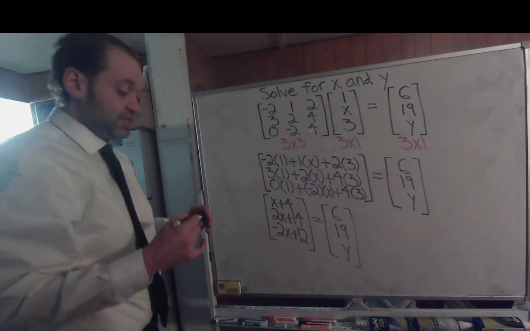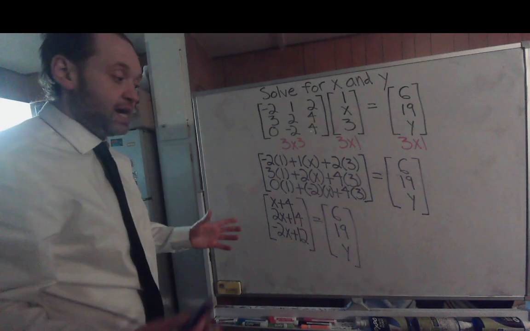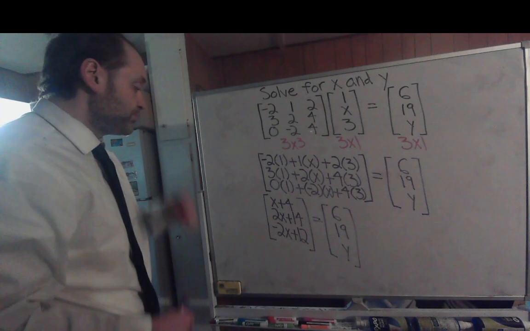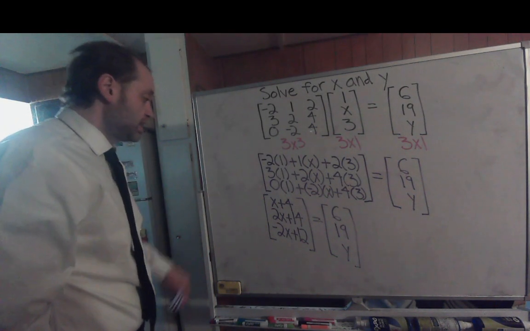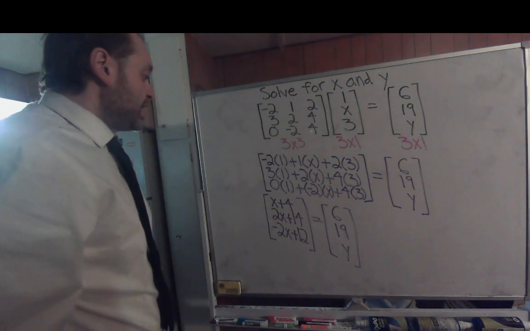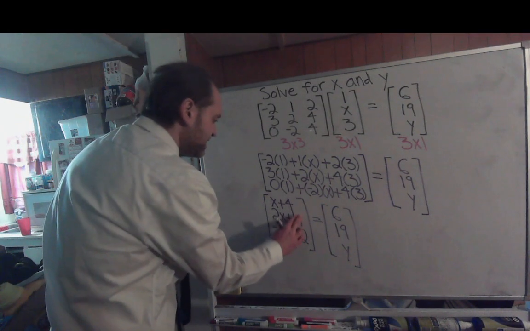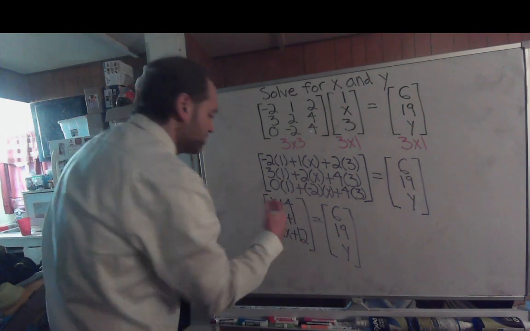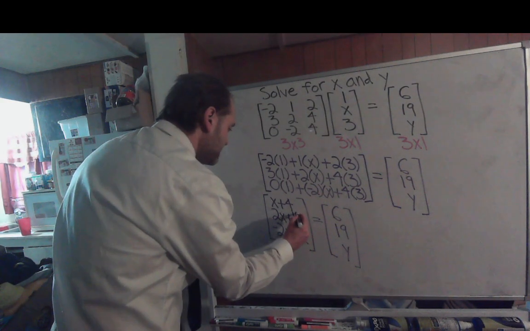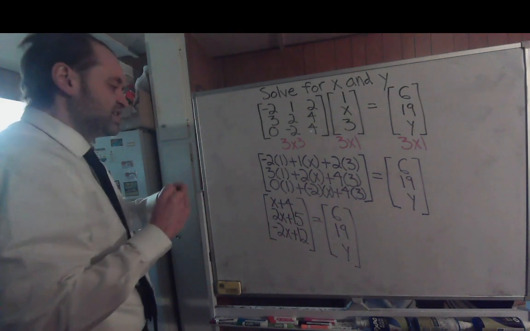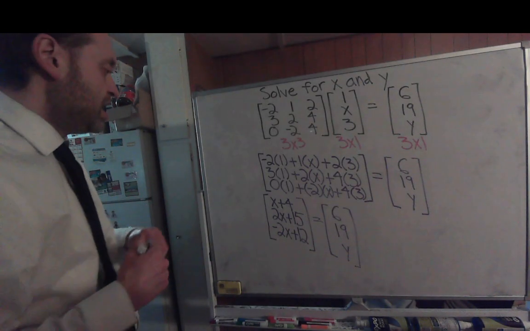Now we just need to solve for x and y. Well, let me look at, you know what? It's 2x plus 15 for the second. Excuse me, I mismultiplied, misadded. It's 2x plus 15. I knew something wasn't making sense. Anyway,